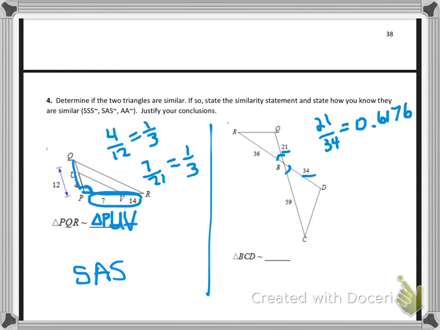0.6176. Now here comes the danger in rounding. If you guys are rounding things off too closely, you might get messed up on this. Let's look at the other side. 36 and 59. 36 divided by 59. Again, that doesn't really reduce. When I plug it in, I get